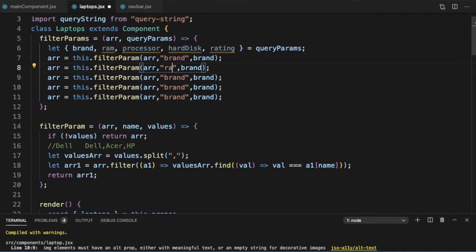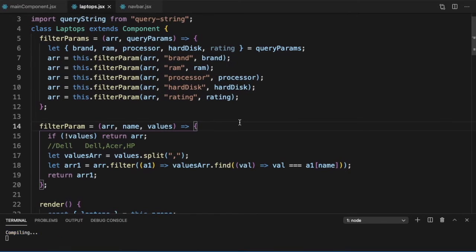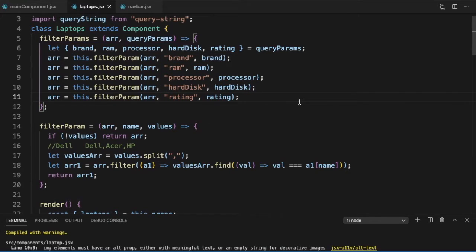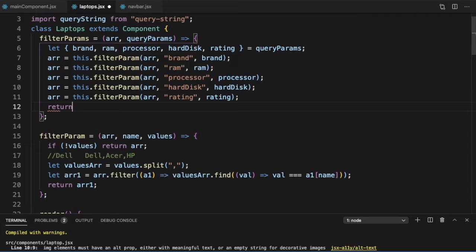Then we have RAM, processor, hard disk, and rating. So this should work for all the filters. And at the end of it, we will return our arr, the filtered array.